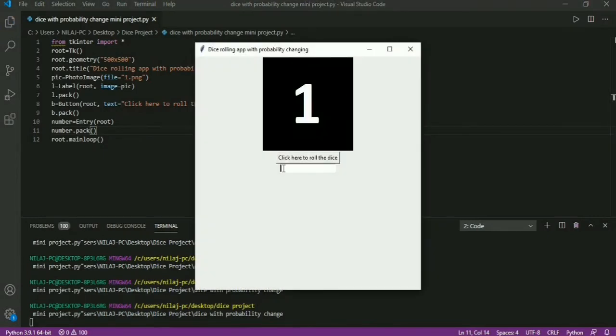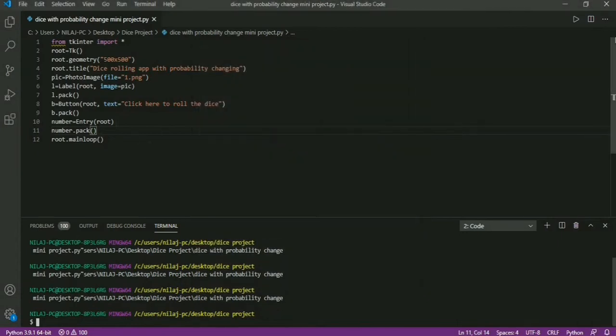Here I want a default text saying enter number here to change its outcome, so I will use insert method here, number dot insert. Here I will provide beginning position as 0 and I will pass a string here, enter number to change its outcome. Now I need 3 buttons,